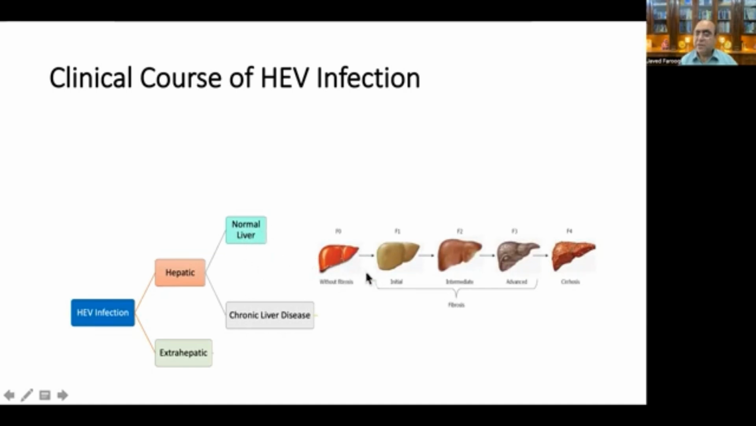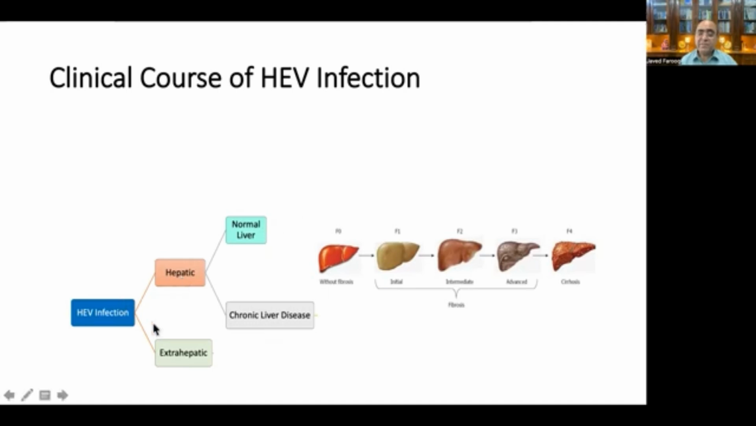We divide the liver into three main categories: the normal liver, the fibrotic liver, and the cirrhotic liver. I already explained what the normal liver, the fibrotic liver, and the cirrhotic liver are in my study video on cirrhosis. So the clinical course depends upon whether the patient is